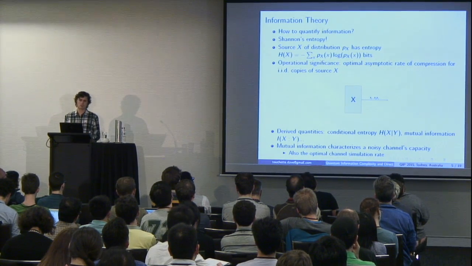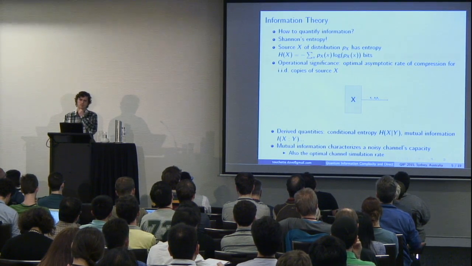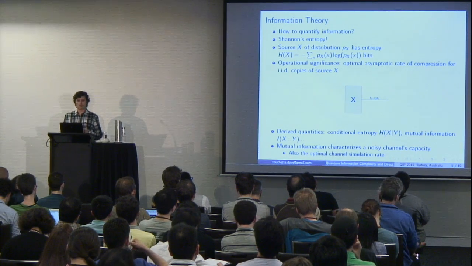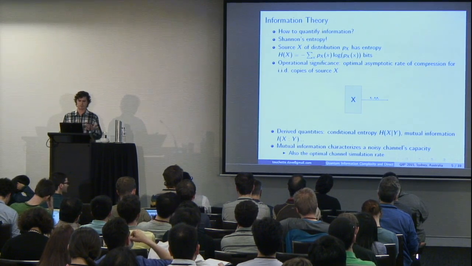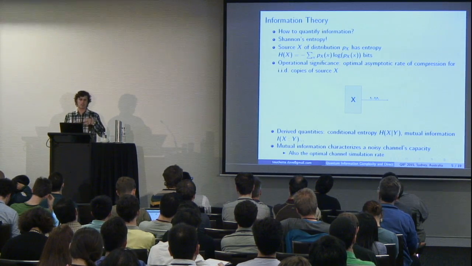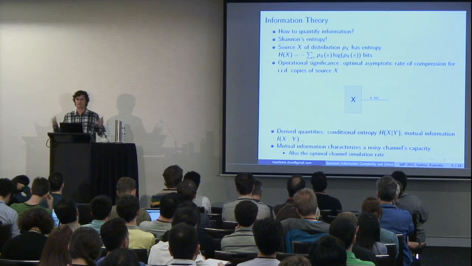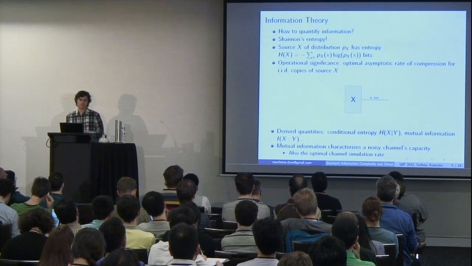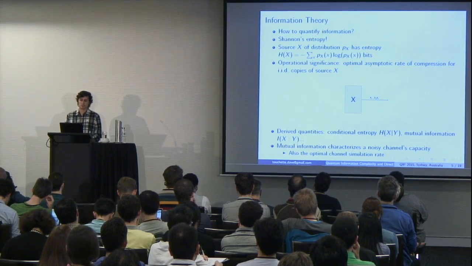Classically, a good measure of information is Shannon's entropy, which is defined, for some source x with distribution p_x, as the average surprisal. One of the reasons why Shannon's entropy is a good measure of information is that it has the operational significance of being the optimal compression rate for Alice when she wants to transmit many messages to Bob. Starting from the Shannon entropy, we can derive many other quantities, for example, conditional entropy,